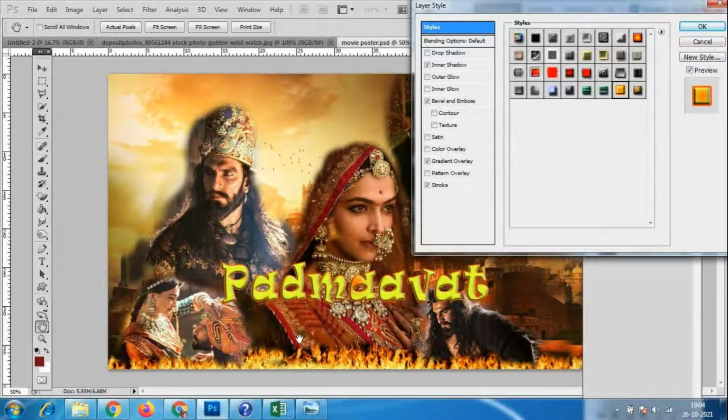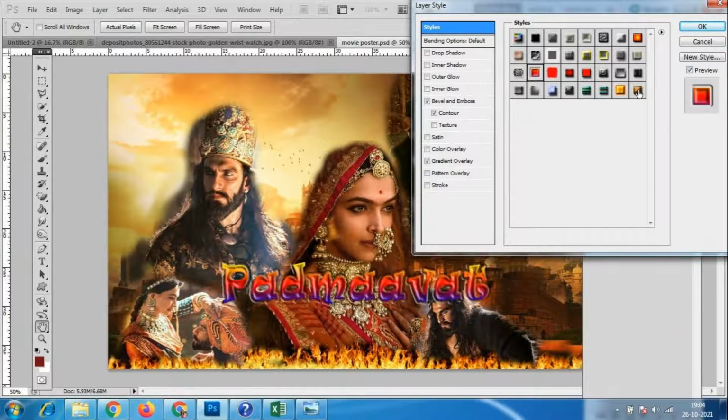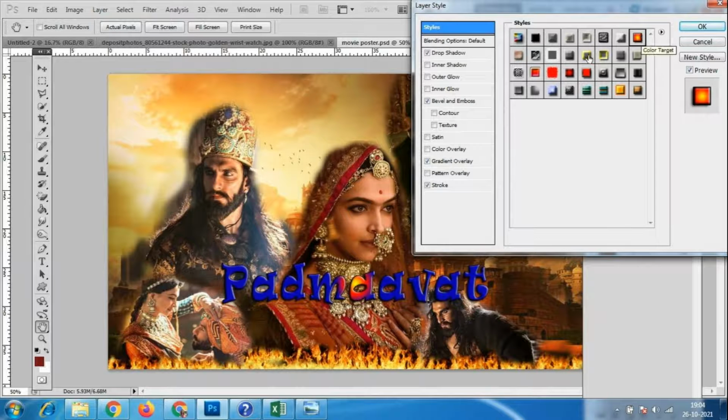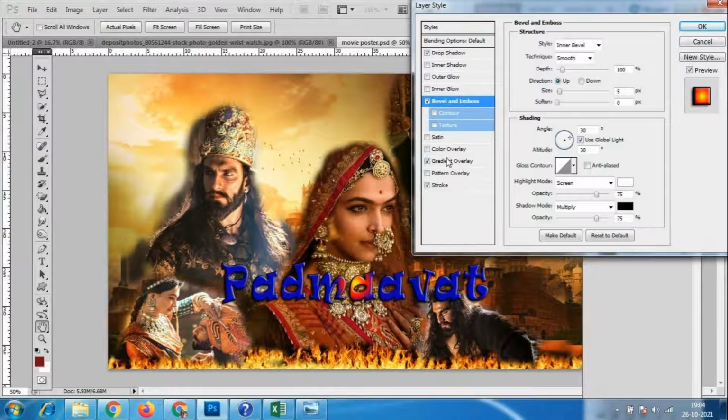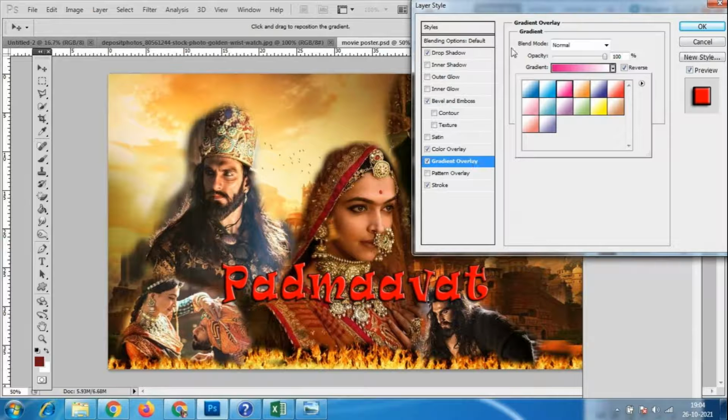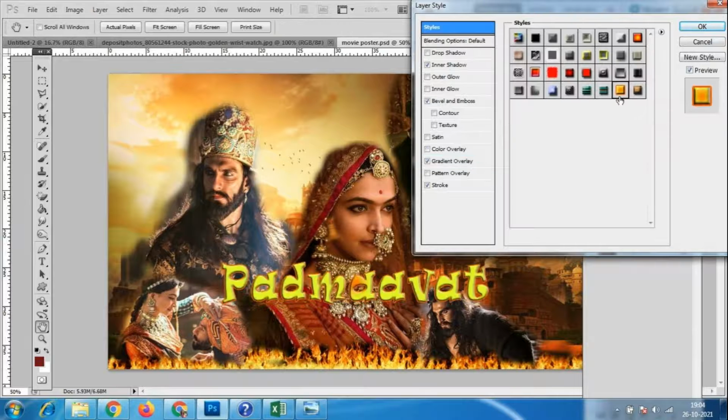Something like this with the fire effect you can add. Here any of the options we want to change, we can change those. Style, we have multiple options.